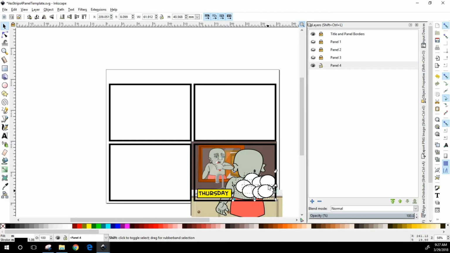So we'll just select a whole bunch of these circles for Rex's thought balloon. I don't know if we got, did we get that? Yeah, we got that one. And then I'll show you a pretty cool tool in the paths